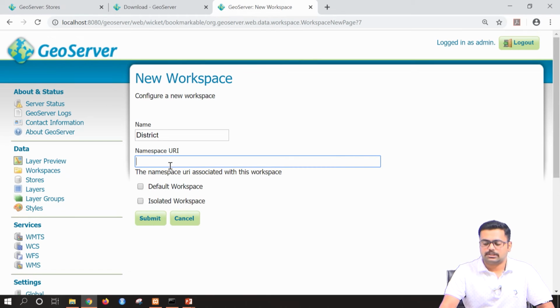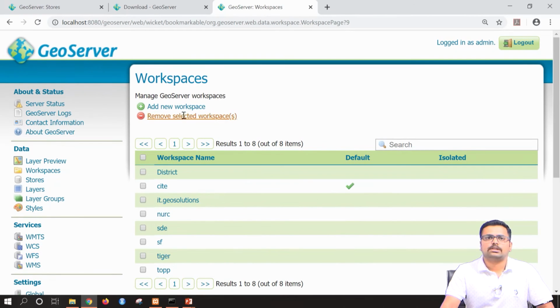URL you can give as http://geoserver.org/roads. You can give any URL. It is not necessary that it should be the same. Once you have given name and URL, you can say submit. Now you can see under the workspace our district workspace has been added.